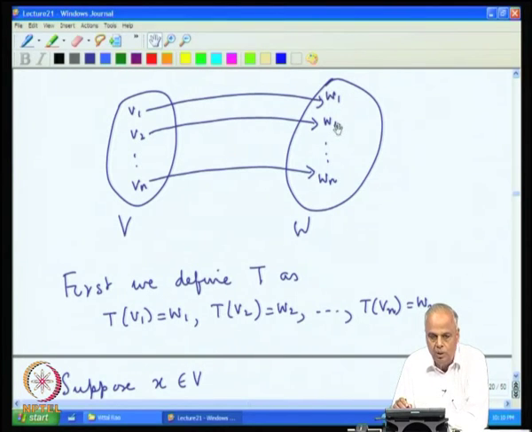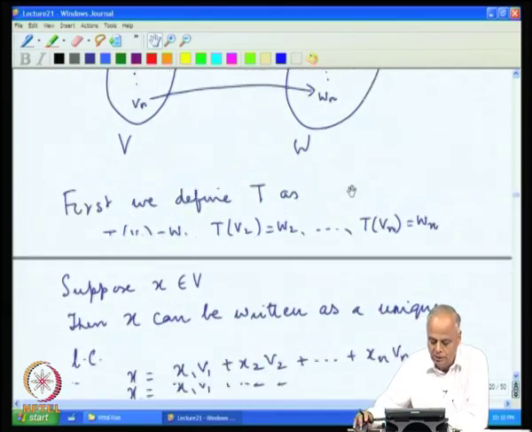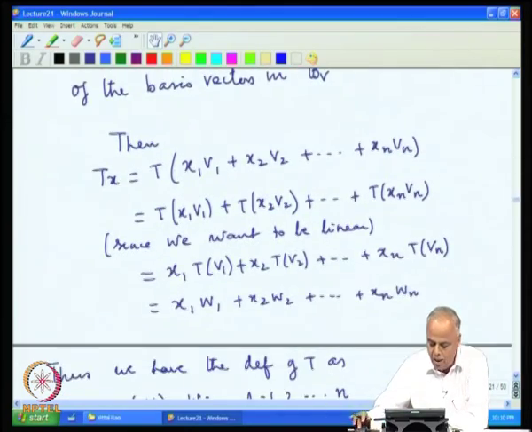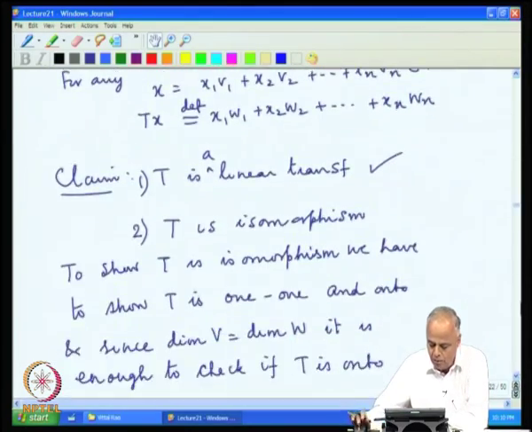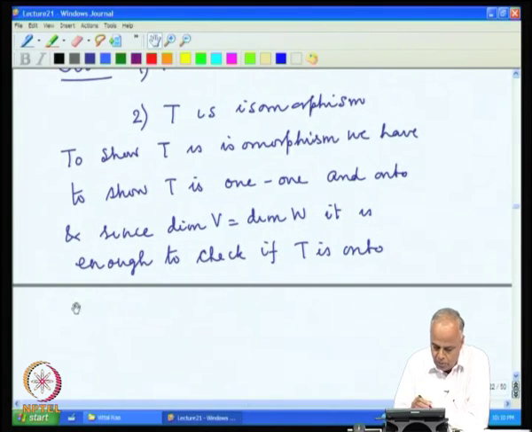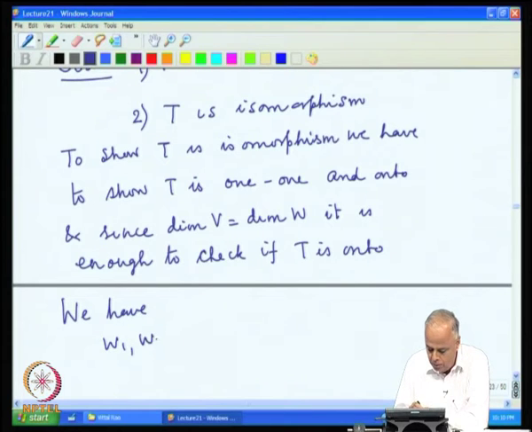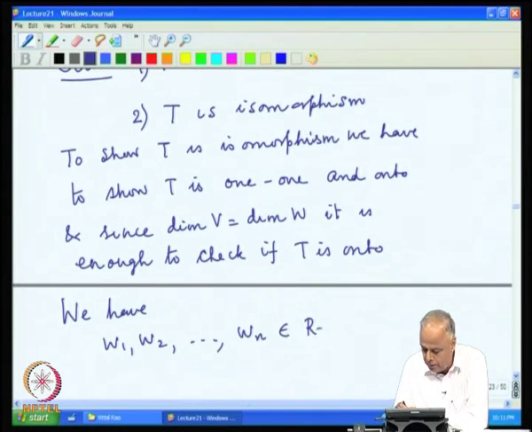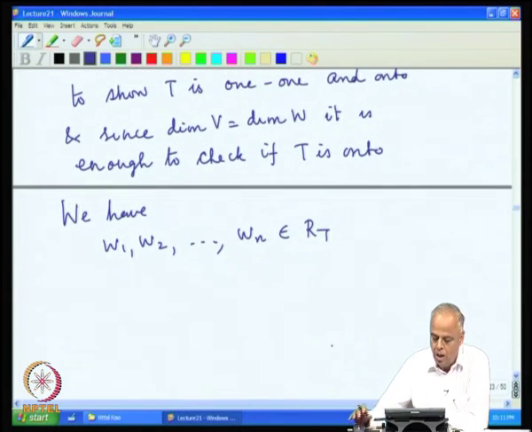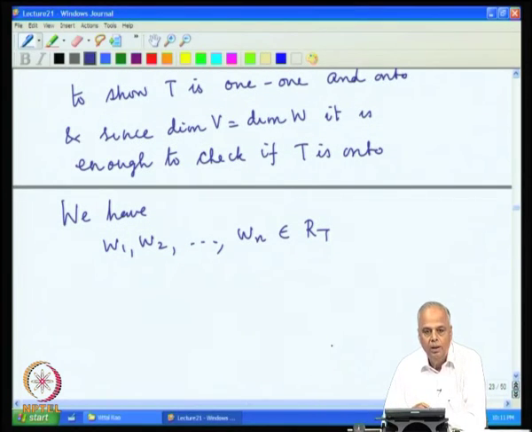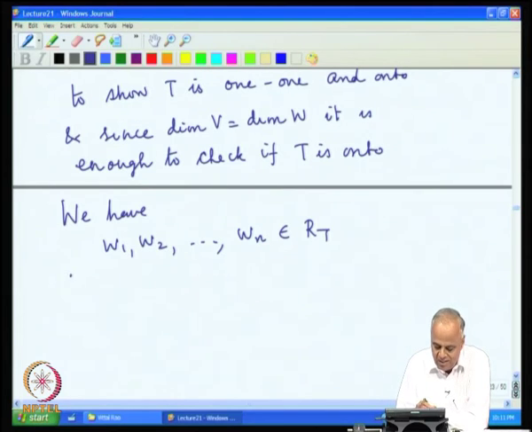So, W 2 belongs to the range of T, and finally, W n belongs to the range of T. So, we have W 1, W 2, ..., W n all belong to the range of T, but these are all linearly independent vectors, and hence